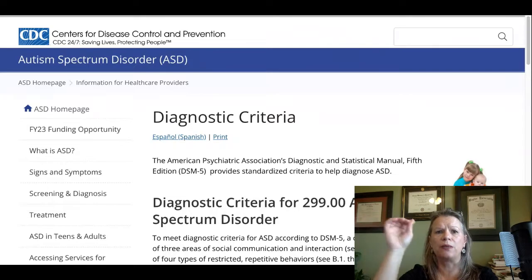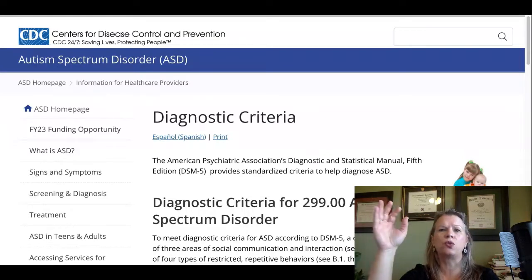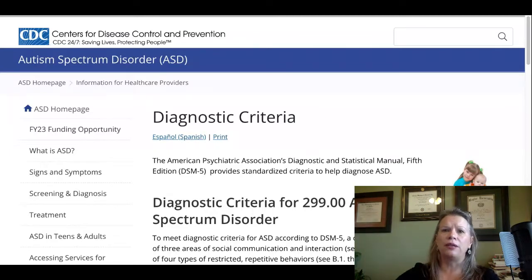I first want to talk about something that the textbook says, and that is that the textbook describes autism as can be pervasive developmental disorder, it can be Asperger's, or it can be, I think the way they refer to it is, autism. They're basically parsing out the diagnosis. That is not really how autism is referred to anymore. It is referred to as autism spectrum disorder. There isn't a breakout for Asperger's or pervasive developmental disorder, or PDD. Those are all rolled into one. That's why it's called a spectrum disorder.